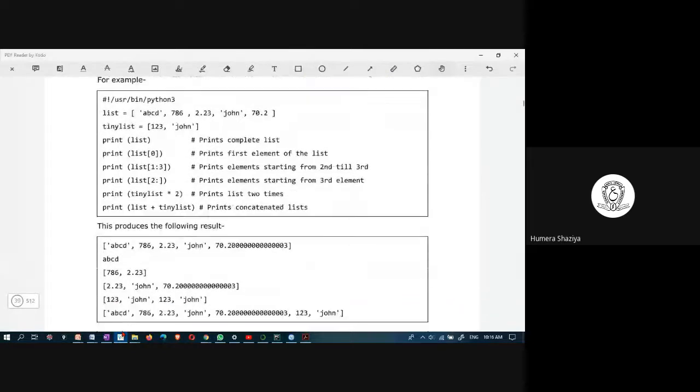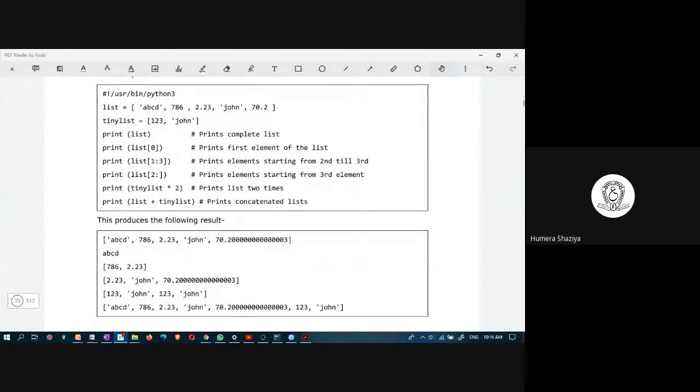This is an example program. Code snippet actually, or you can call it a program as well, because in Python, only this part you can directly execute. If it is in Java, you have to have that public class, class name and all. Here you can directly execute this part. List is equal to, here you are declaring the list.